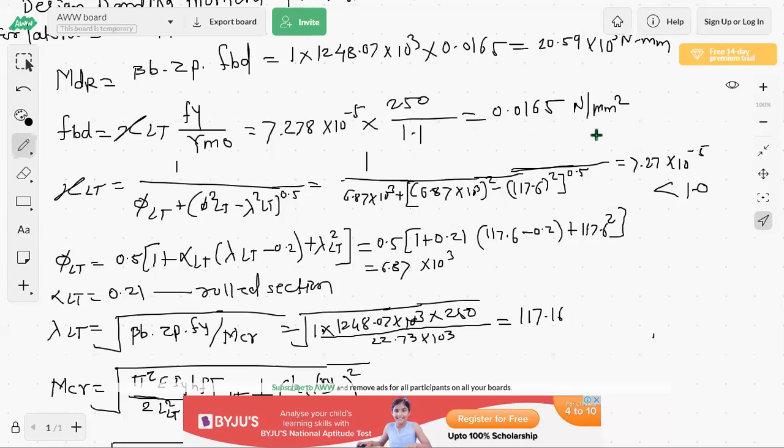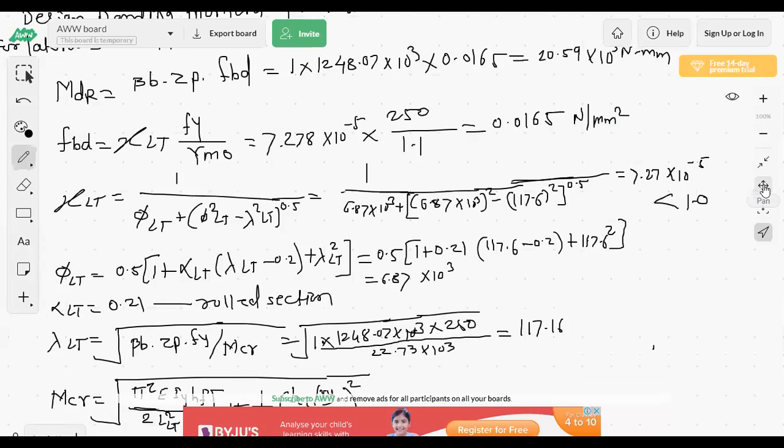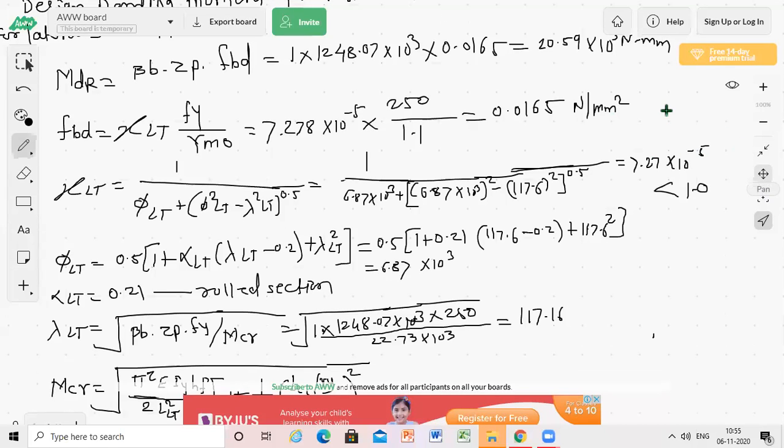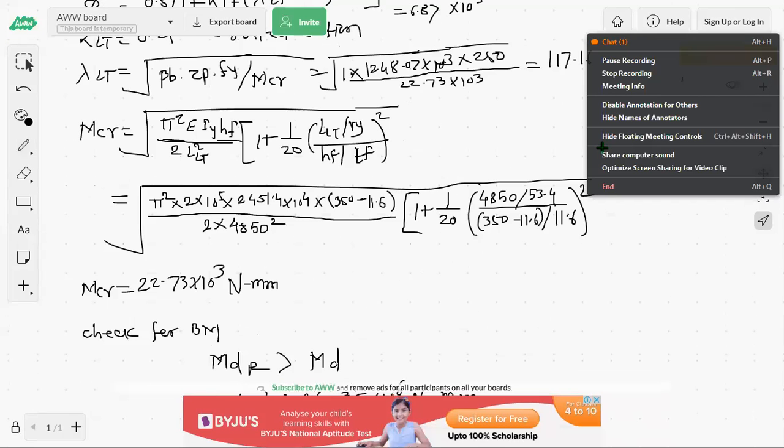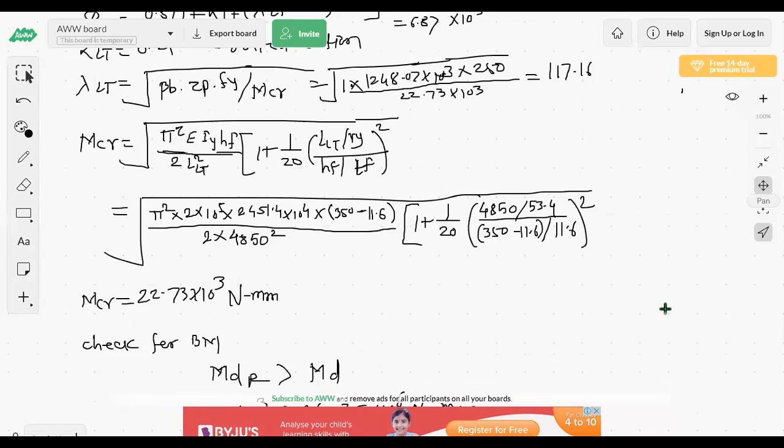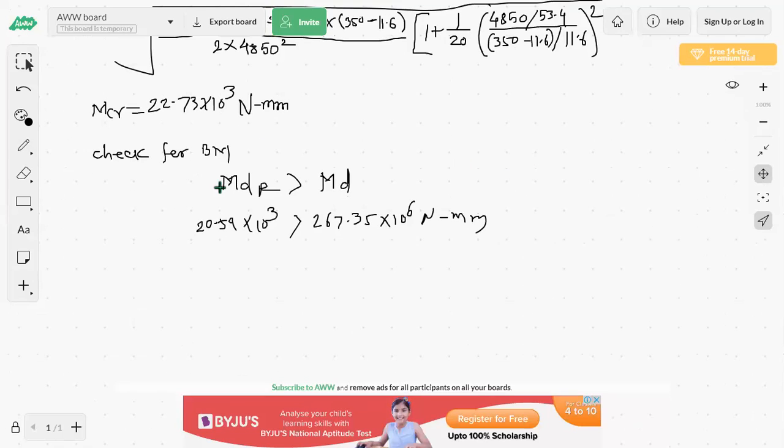Okay, so this is correct. So then as per our calculation, if this is correct, then this calculation